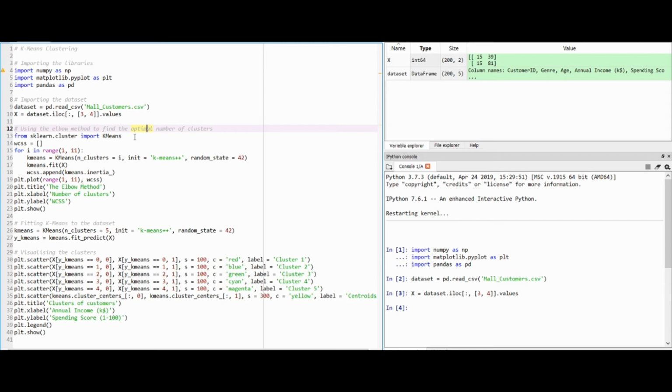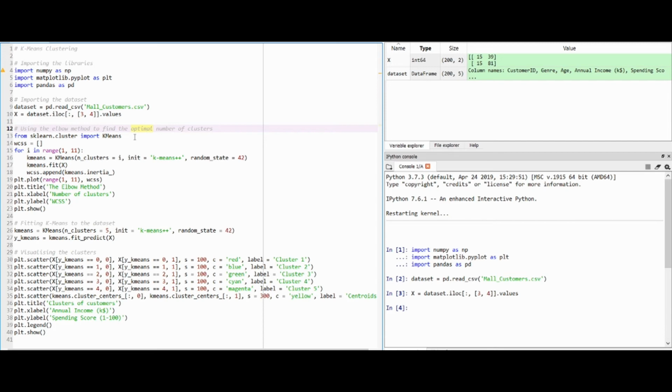After that we will take an empty list, which is wcss, and then we will use a for loop in the range of 1 to 10, which depicts the number of clusters in the range of 1 to 10. In this for loop, we will initialize our KMeans class with the object kmeans, and we will pass 3 parameters. The first one is n_clusters, which depicts the number of clusters, and it is equal to i.